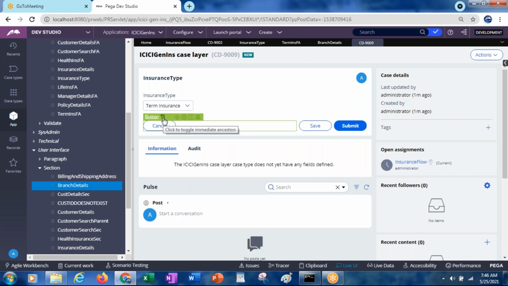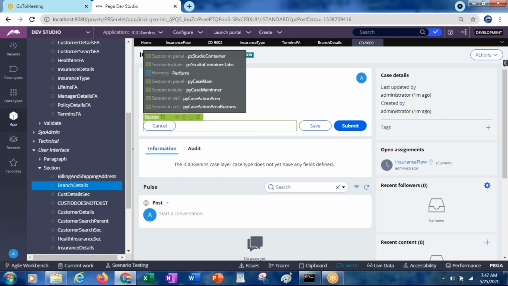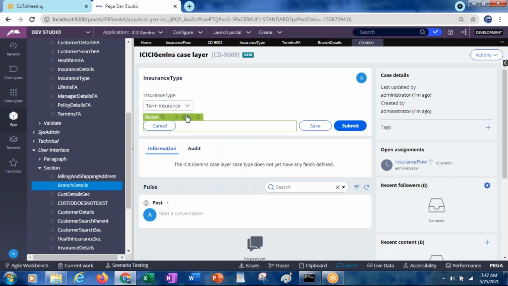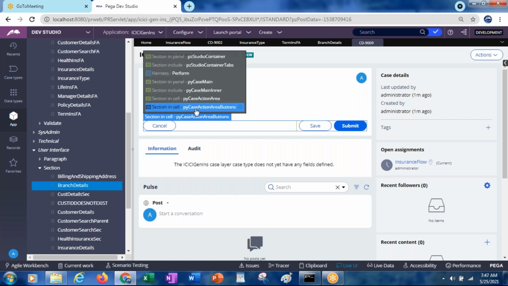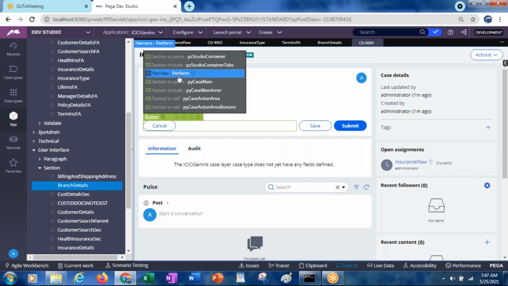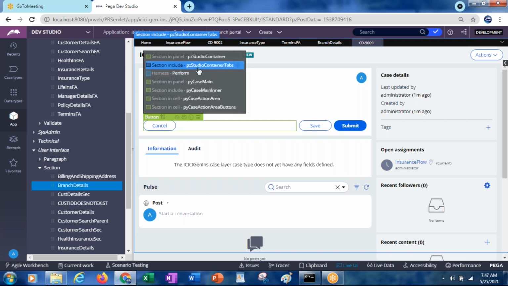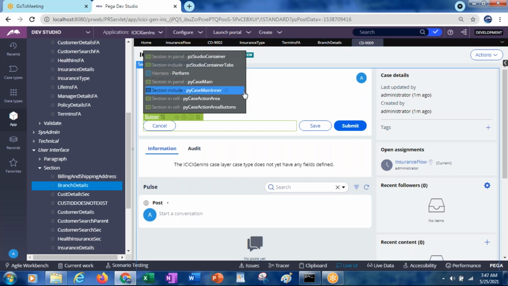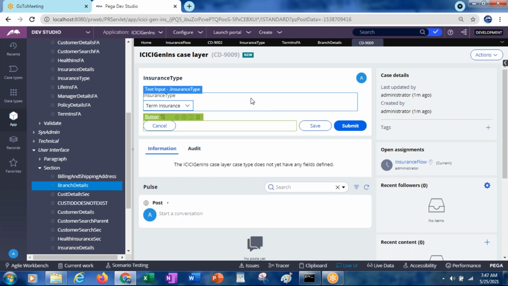Here, the immediate ancestor is the PY case action area buttons, which is under the case action area. This case main is under the perform harness, and the studio container tabs and studio container. Like that we can see the complete list, and here you see something called harness.